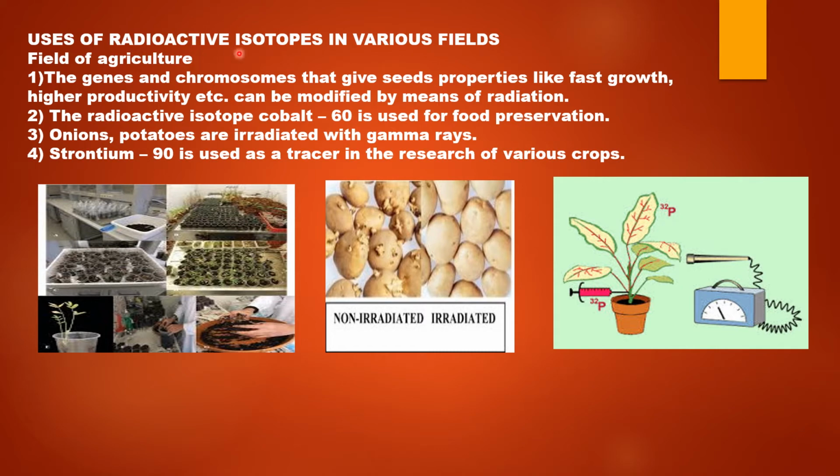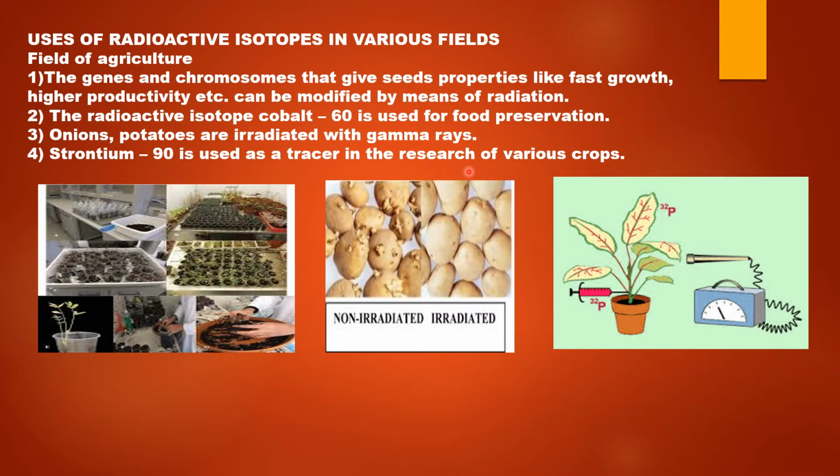Uses of radioactive isotopes in the field of agriculture. Genes and chromosomes that give seeds some properties like fast growth, higher productivity, etc. can be modified by means of radiation. So what does it mean? That when the seeds or the cuttings are exposed to radiations such as gamma rays, and the irradiated seeds